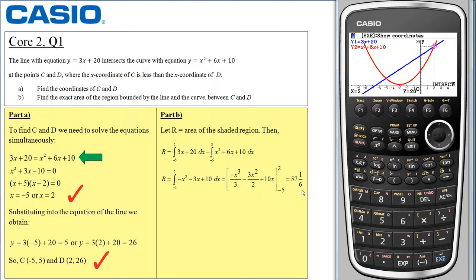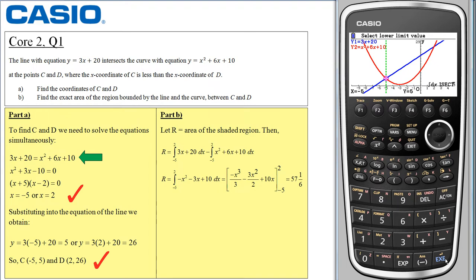So let's check that using the calculator. If I choose G-solve, and I want to scroll to the right, so I'll select F6, and I would like to integrate this. And what I'm actually interested in is not the straightforward integral of one of the two curves, but actually the area between them. So if I select F3 for intersection, it's now going to work out the area between the curve and the line, provided I put the correct parameters in. The first one is the x value of minus 5, that's the furthest to the left,